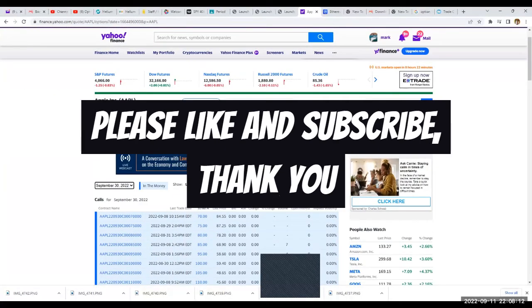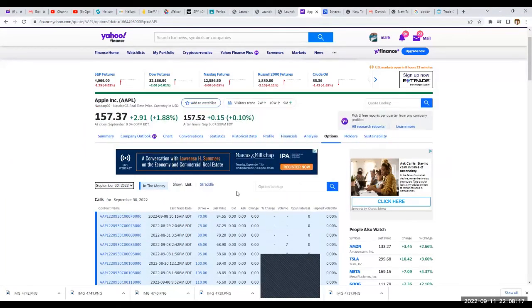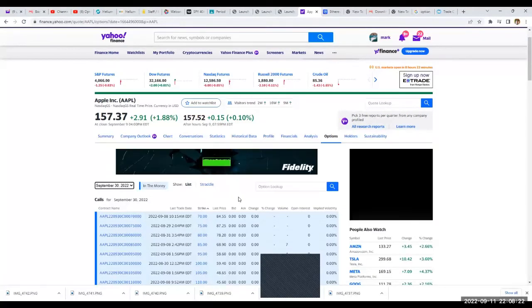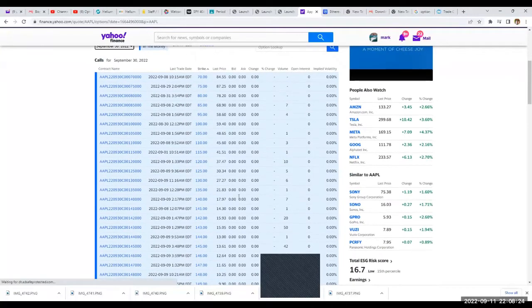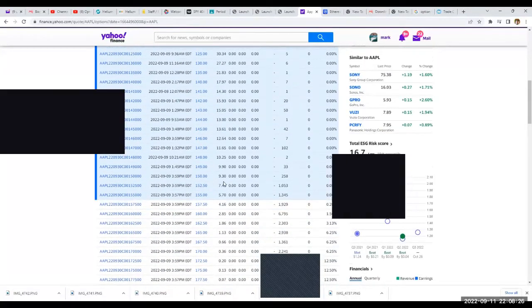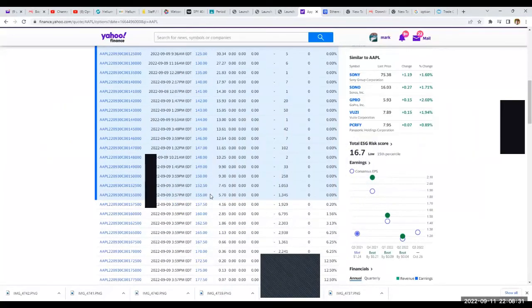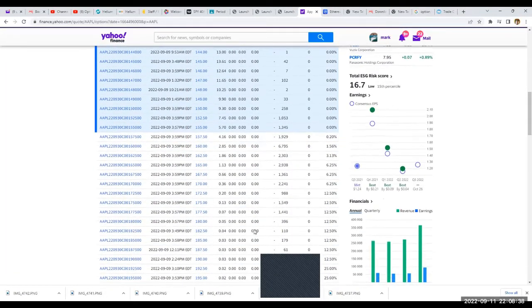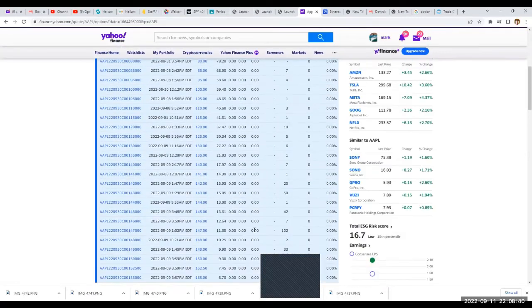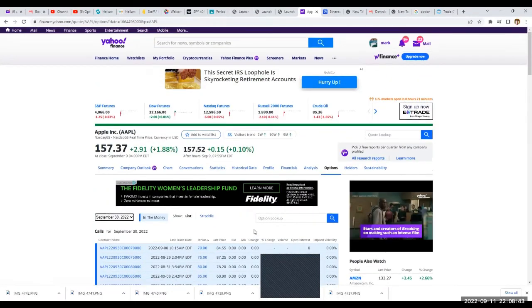Now, I can show you some trades, and I will in part 2, that shows you exactly some of the trades where I've bought in both call options and put options, and I have some in the money and some that aren't in the money. And again, if they expire worthless, you don't have to do anything. You don't have to sell to close anymore. You just lose whatever your premium is that you put in. So that's a very interesting way of hedging, not only hedging your stock portfolio, but also making a lot of money.